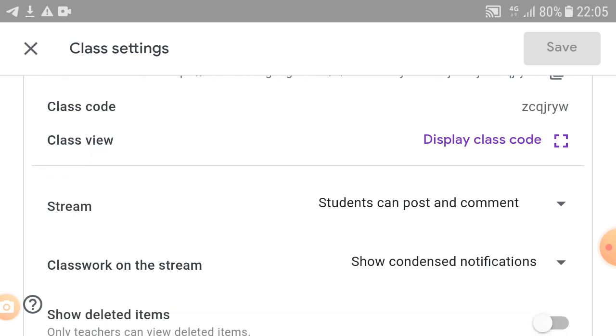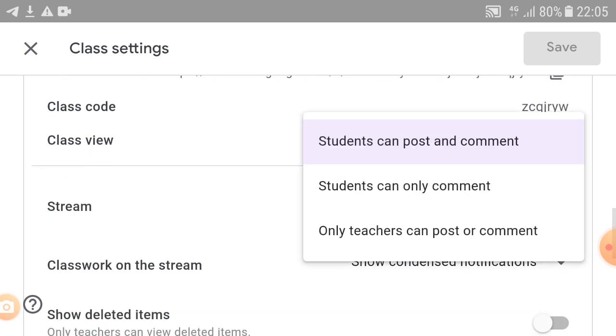Okay, stream: students can post and comment. Students can post and comment, students can only post, or only teachers can post. Whatever option you decide, you have to give it in the stream. Stream means the first page that I opened, my paper public economics, that is the stream.